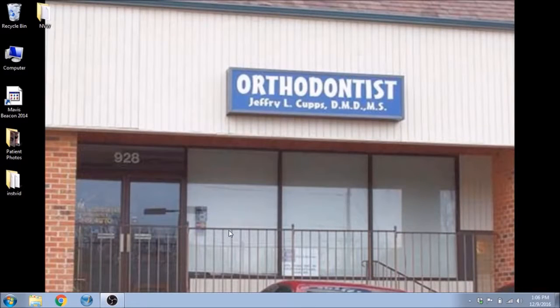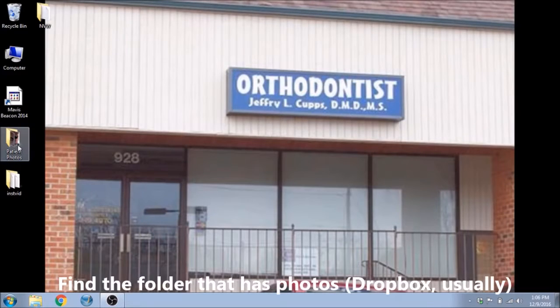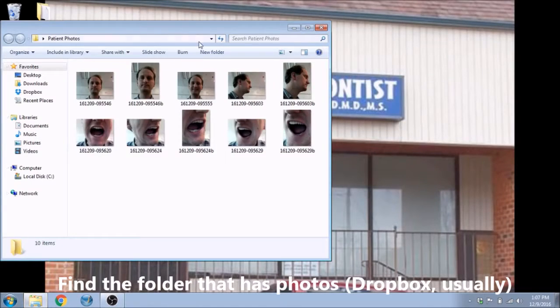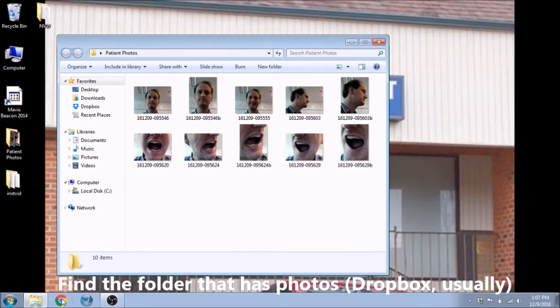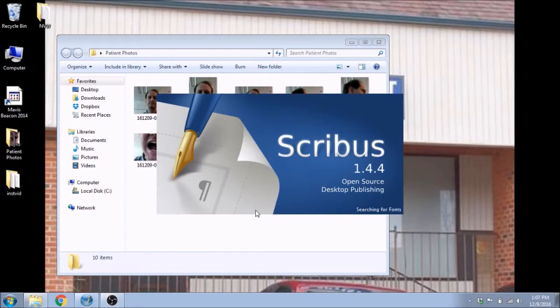This viewer is to help employees of orthodontist Jeffrey L. Cupp's DMD MS to create visual records for patients to be stored or shared with the patient. So let's say we've got some photos taken by